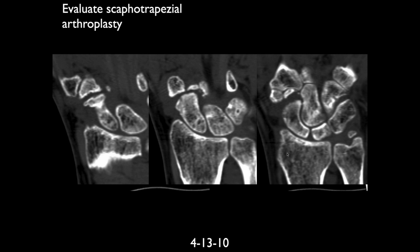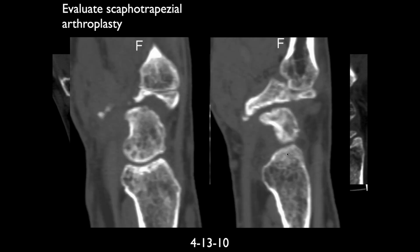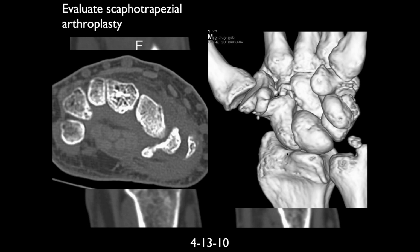So now it seems there are some post-surgical changes along the distal scaphoid and partial resection of the trapezium. I wonder if they did a tendon interposition, which we wouldn't see here, but